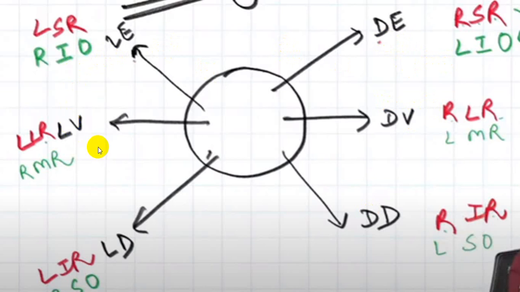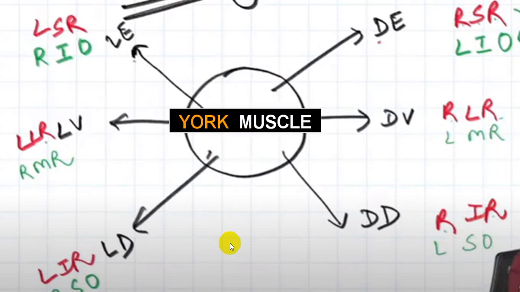So this is right lateral rectus and left medial rectus. This will be action together. When you are asking the person to look to the right side, you are testing right side lateral rectus and left side medial rectus. And when we ask the person to look to the left, you are testing right side medial rectus and left side lateral rectus. This will be in conjugated movements. So these are the different movements together, and these are called yoke muscles. They work together, so they are called yoke muscles.